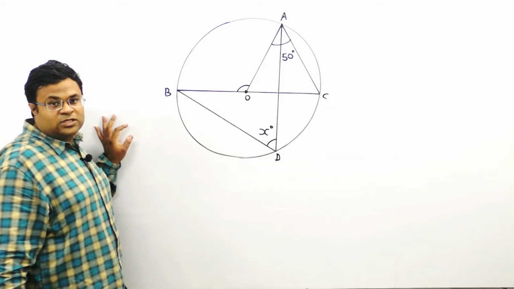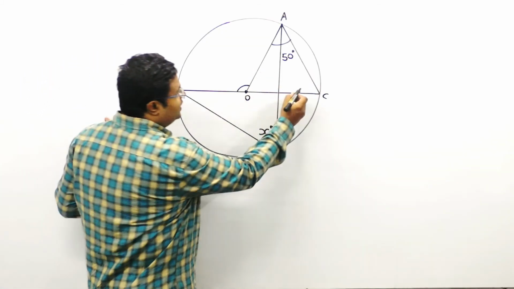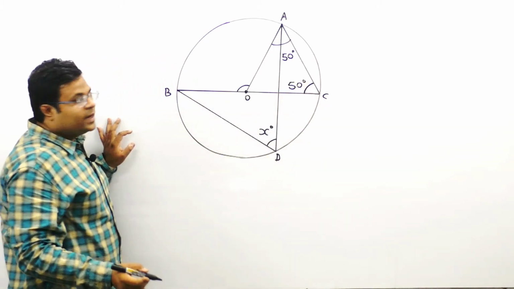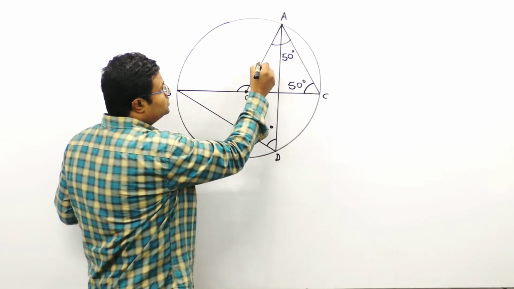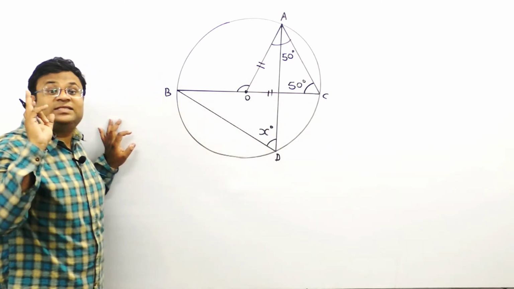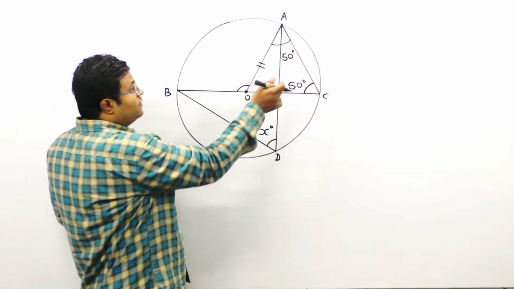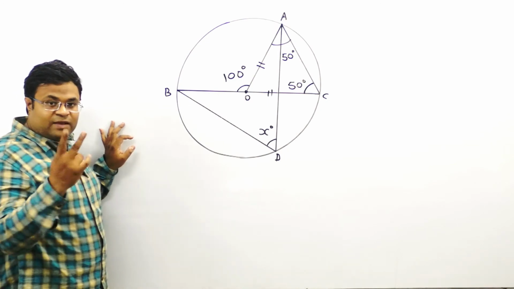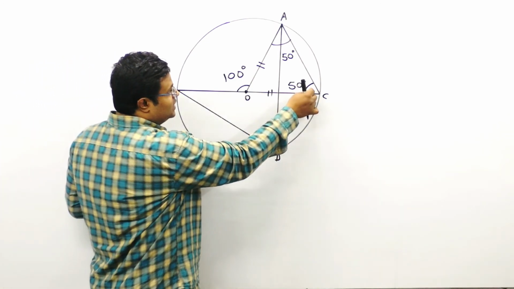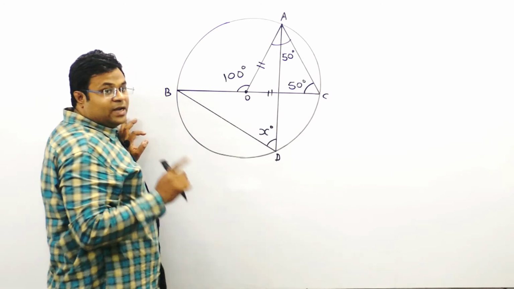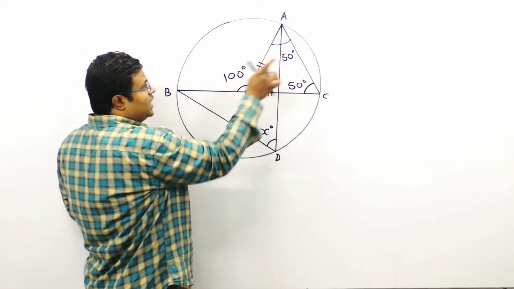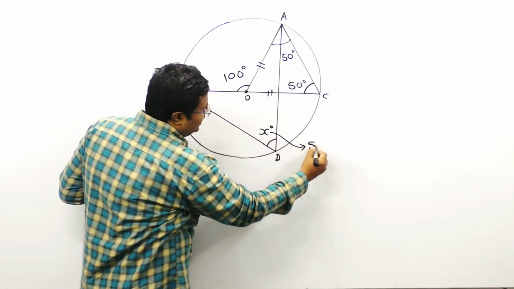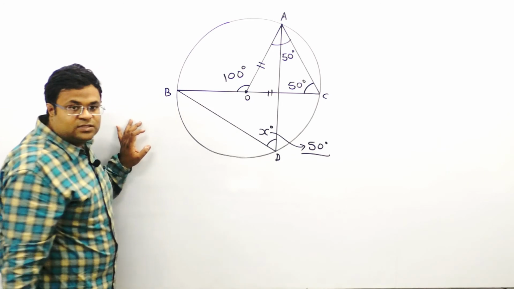Now beta, just have a look at this question. How do we do this? This is 50, so this angle will also be 50 degree, right? How do we get that? Because OA is equal to OC. This is an isosceles triangle. Okay. Now what? If this is 50-50, this will be straight away 100. This again we can do by two ways. Angle at the circumference is 50, so center will be double of it, that is 100, or we can say exterior angle 50 plus 50, 100. Whatever it is, this is 100, so at circumference will again be 50 degrees. Got it?